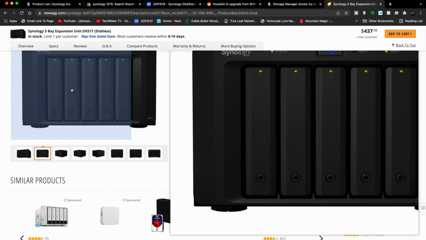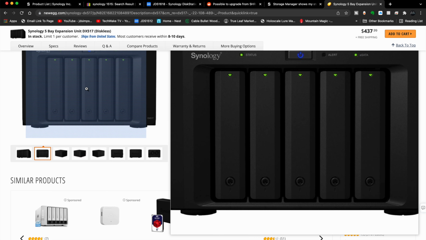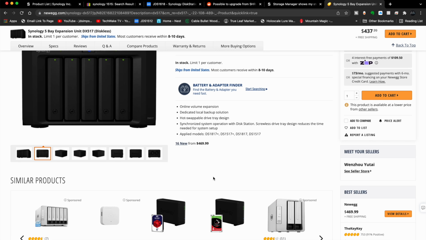You could either allocate all of these drives as part of the RAID array, your SHR RAID volume, or you could make it a separate volume altogether. So you could have volume 1 on the 2-bay setup, and then have volume 2 spread across these 5 drives. And again, with this DX517, you don't have to fill it up with drives once you expand to it. You could start with 2, you could start with 3, you could add them as you go and increase. So that checks the box for the scalability.